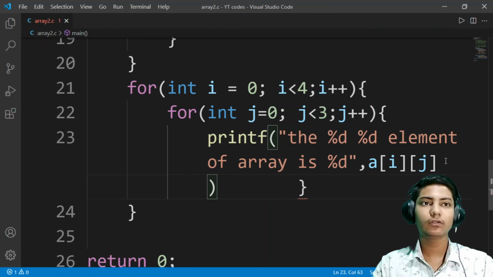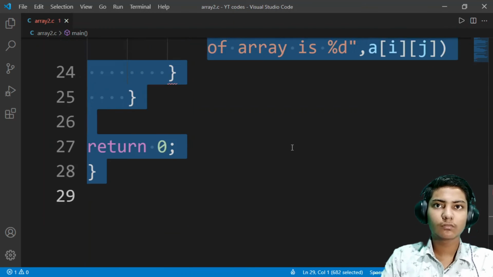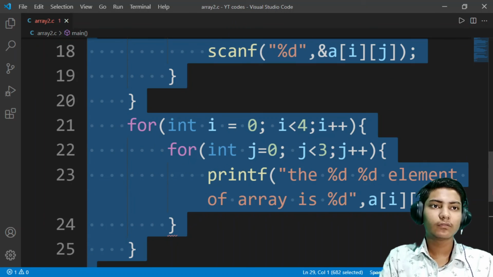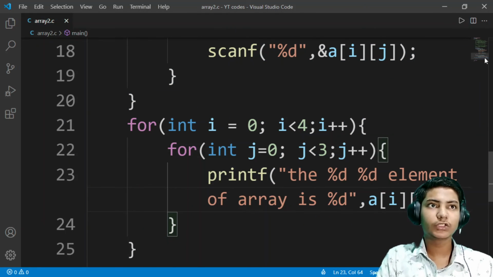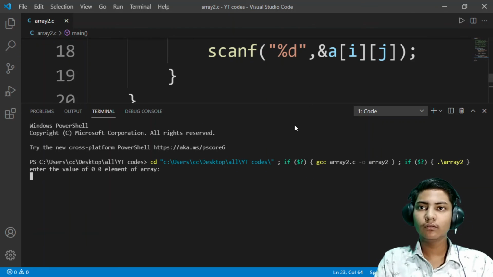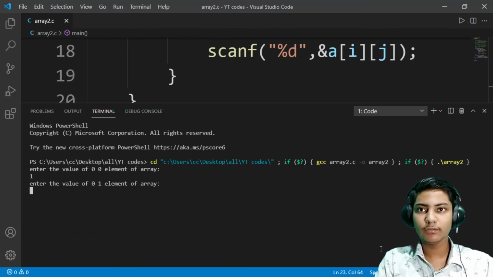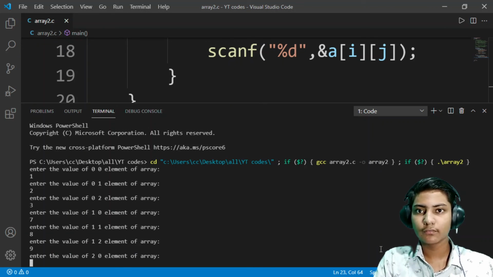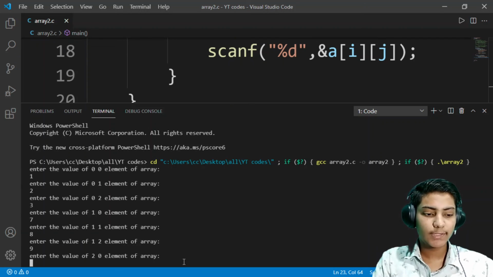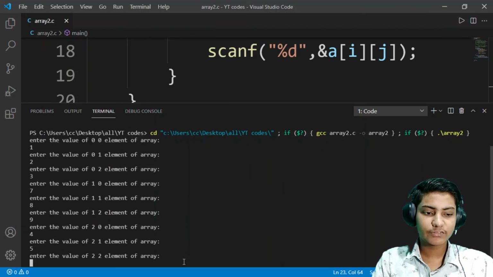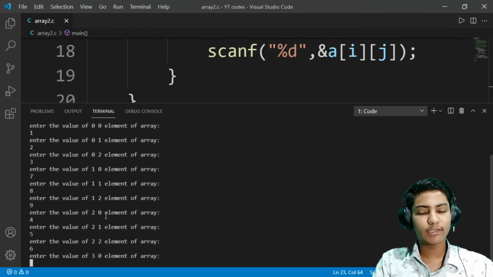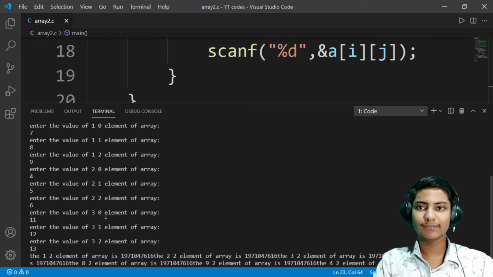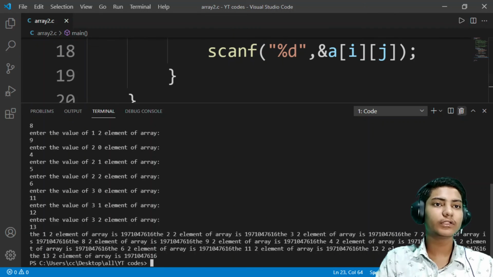Firstly here semicolon. What's happening? Yeah, here semicolon. Now check the code by running this. 0 0, let it be 1, 0 1 2, 3 and 1 0, let it be 7 8 9. Now as we have given 3 rows, only 4 rows, let it be 4 5 6. Now the third, let it be 11 12 13. We forgot to insert the new line character here.